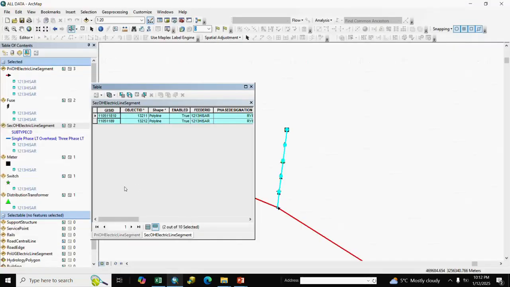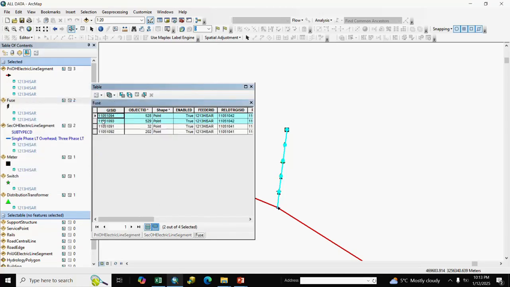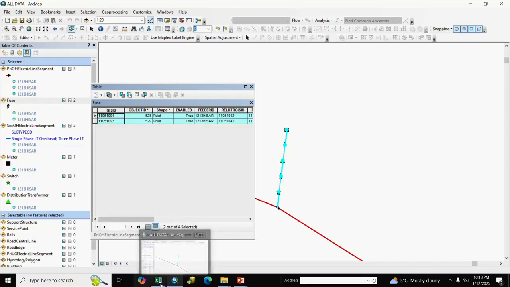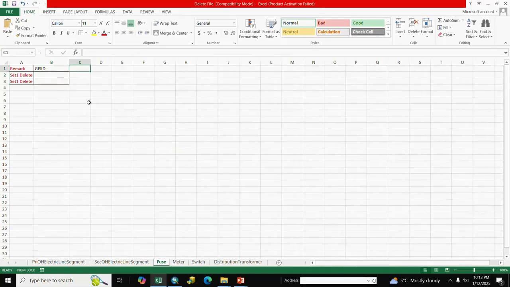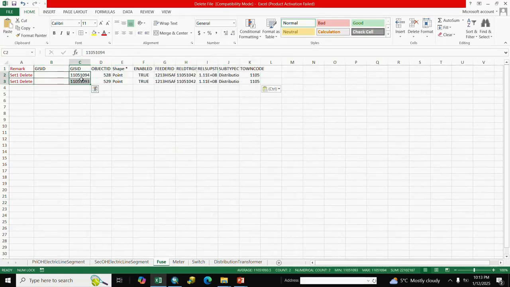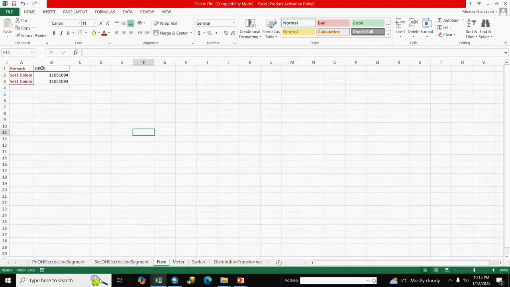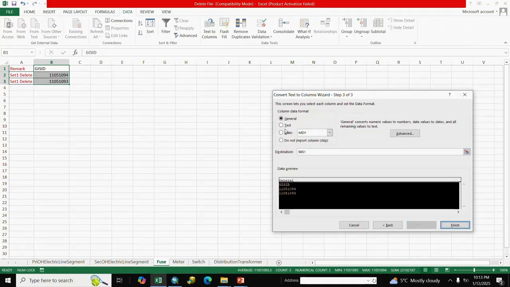And next we select fuse. We select it, copy, go to the fuse sheet, paste, copy the GIS ID and delete the extra fields. Go to data, convert to text.